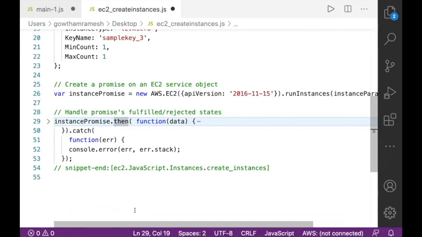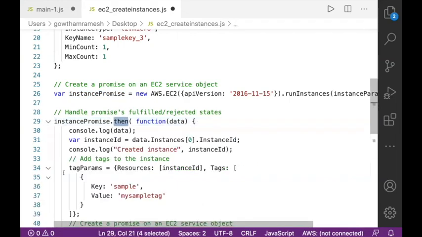Whenever the promise returns failure, if the remote system could not create the EC2 instance, it will return a negative, failure message. Whenever you receive a failure message, it will execute the catch block. Consider it returns a success message. It means that you have properly created an EC2 instance in the AWS account. Then it will execute the then block. What have I given in the then block? The then block is also a callback function. It returns data.